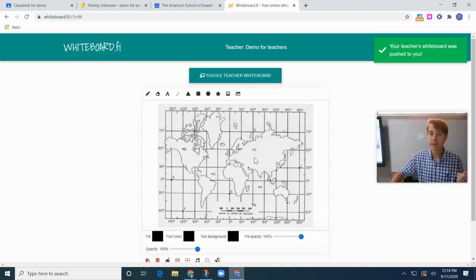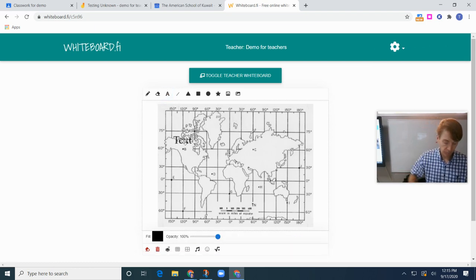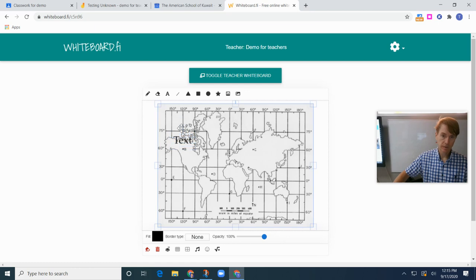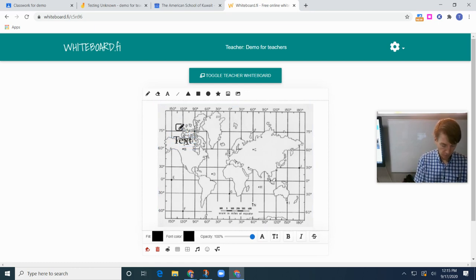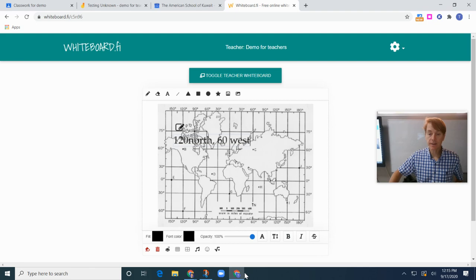I now go back over here, and now I'm on the student view here. And so the student would have to type here and put in 120 degrees north. You get the idea, 60 degrees west. And when I go back to the teacher's view,